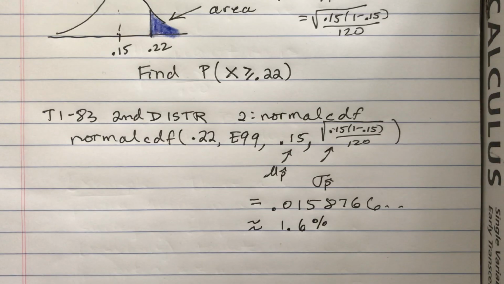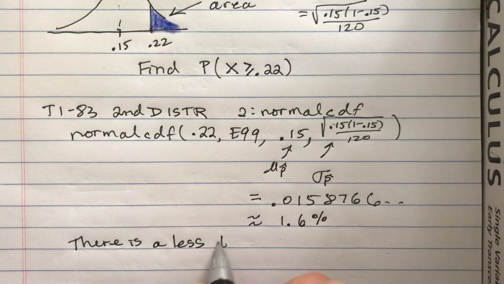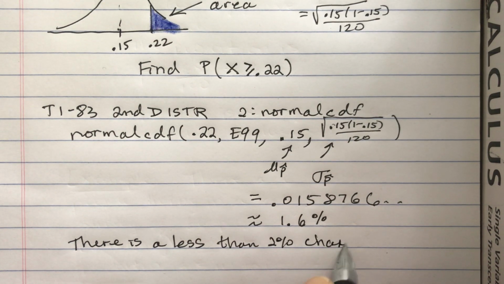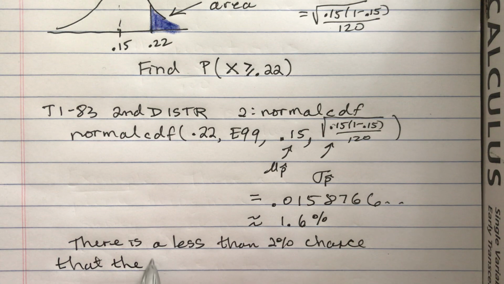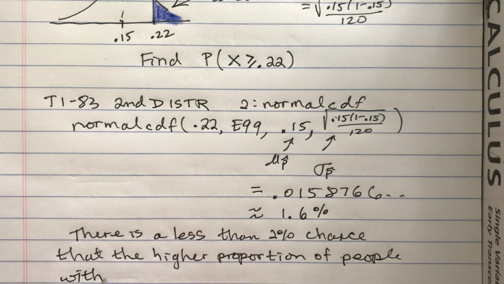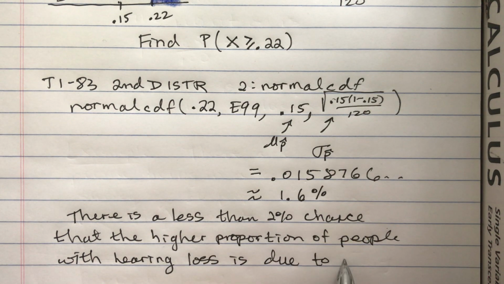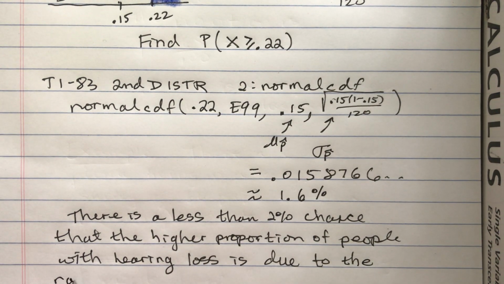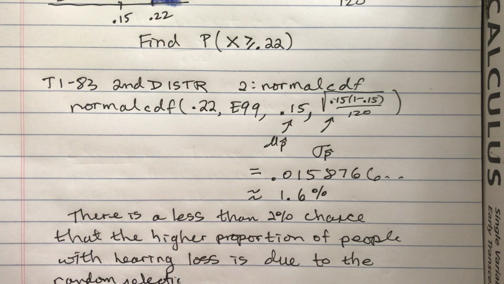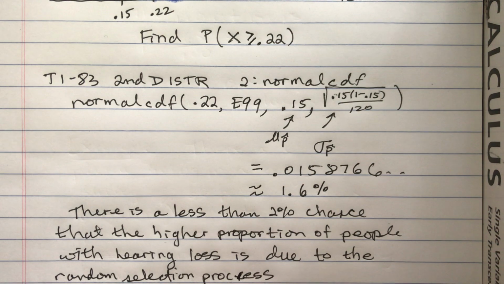So there is a less than 2% chance that the higher proportion of people with hearing loss is due to the random selection process. Okay, it is more likely